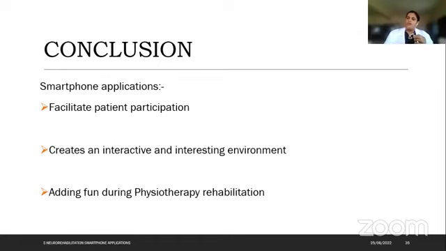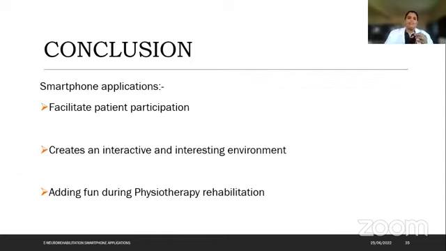But there is one more major concern, that is language. Of all these applications that I talked about earlier, only one application, the Avaz app, is available in Hindi. Otherwise, all the applications are available in foreign languages, or they are available in English. They are not available in Hindi or local languages. So again, that is a very big barrier in using smartphone applications.